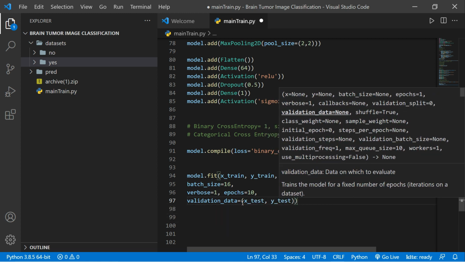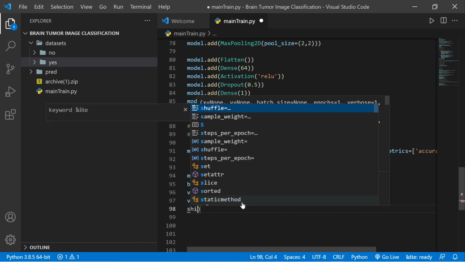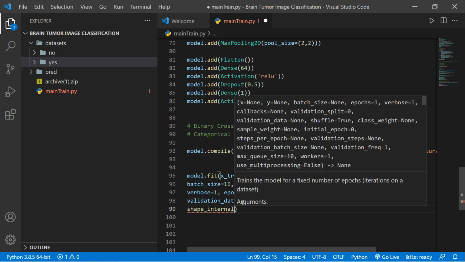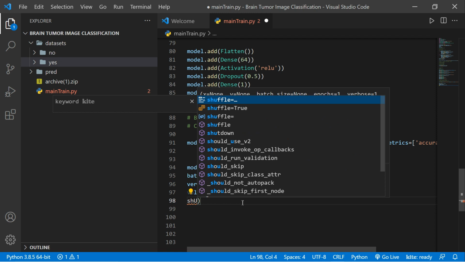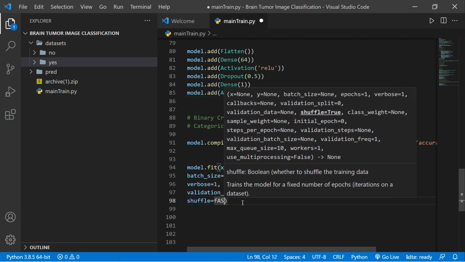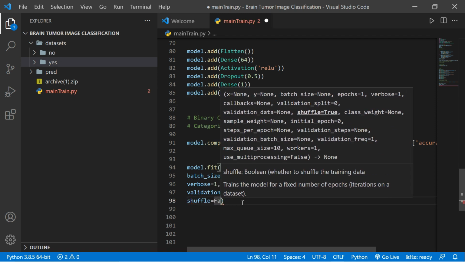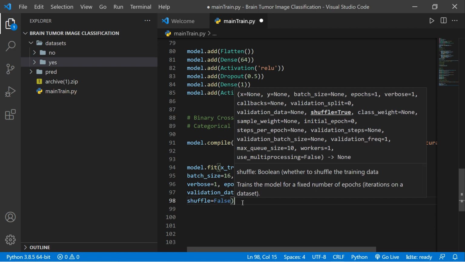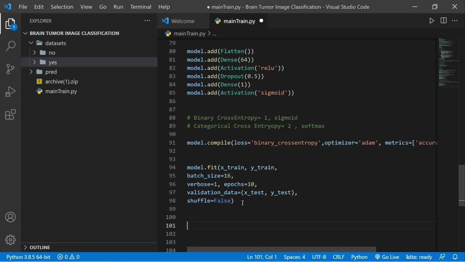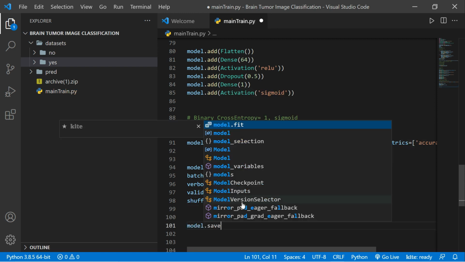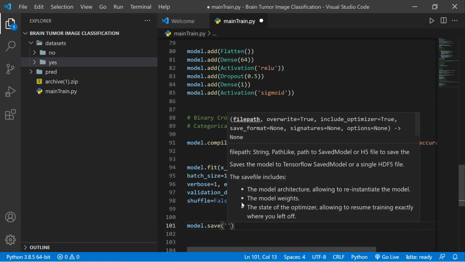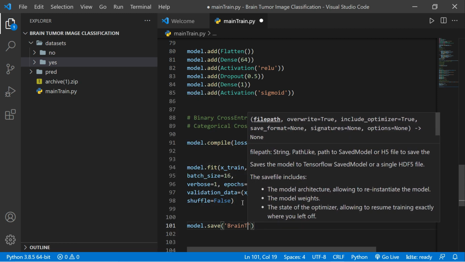Let's make the shuffle false. You don't need the shuffle here. You can also make it true, no problem, it's up to you. False. Okay, so now we can save the model in our folder. So let's say brain tumor